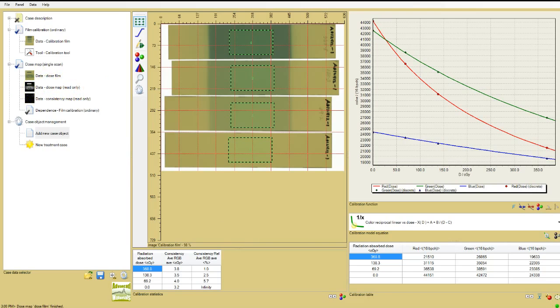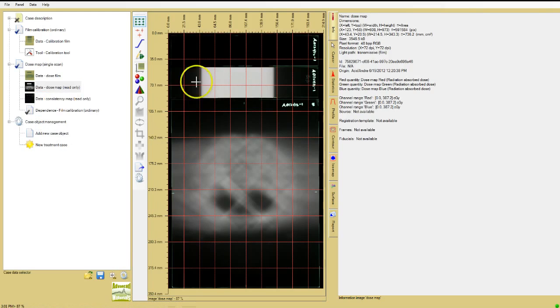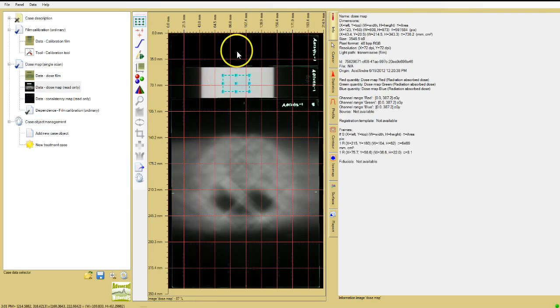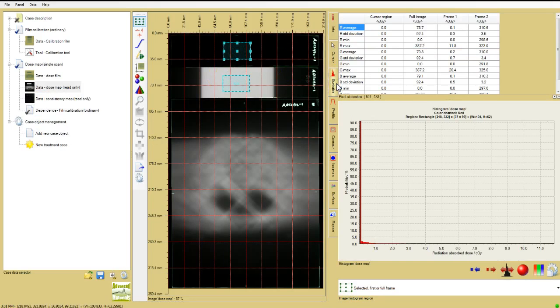In this example, I'll show you the value of the one-scan dosimetry protocol. Click the dose map to show it in the image window, and then draw regions of interest on the two reference strips. Open the Statistics tab and look at the dose values for the two regions of interest. One is near 0, but the other is about 310 cGy, nearly 1% difference from the reference dose used for